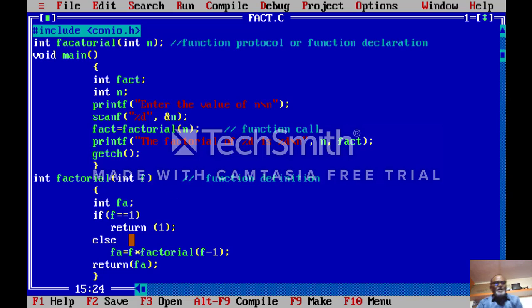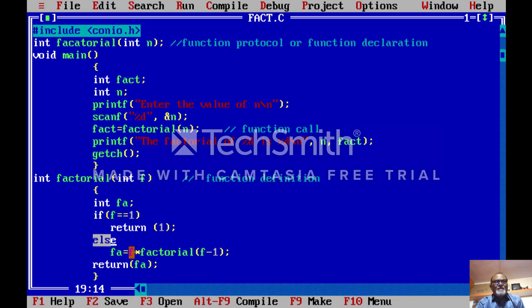Now here we check if the value of f is equal to 1. If this condition is satisfied, then this function returns the value 1 to the calling program. But if the value of f is not equal to 1, that means it may be 2, 3, 4, etc., then it executes the else part.